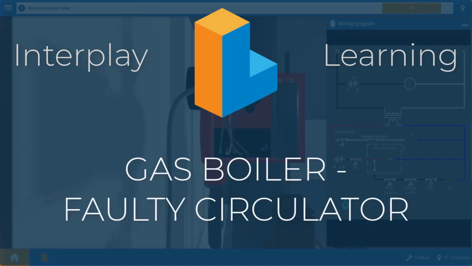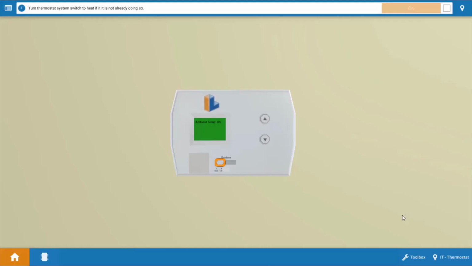In this short video, I'm going to show you how to troubleshoot a faulty circulator on a gas boiler. So let's get started. Now, once you've launched the sim, the first thing it's going to do is take you